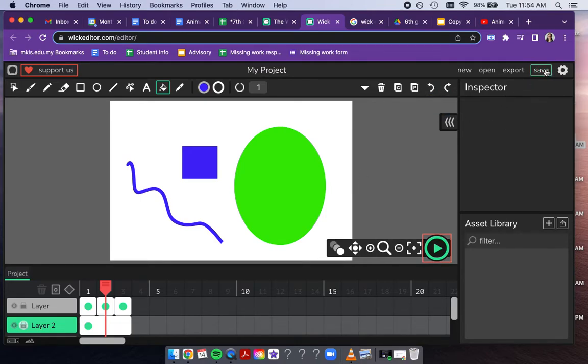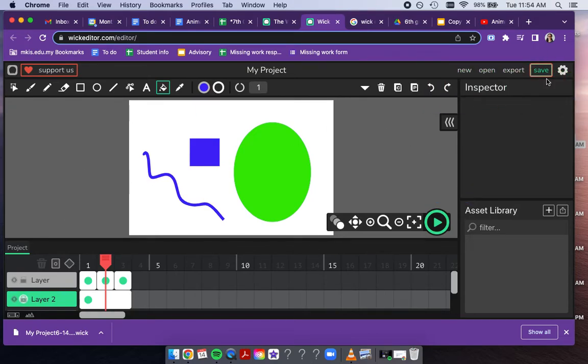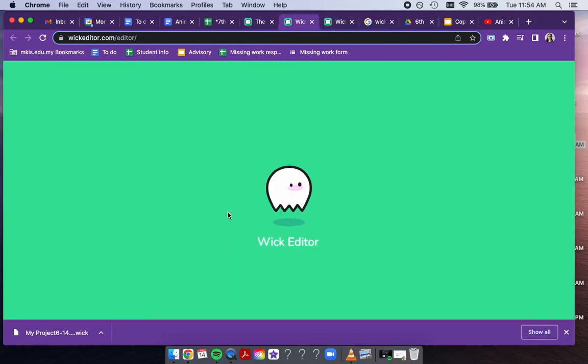As you're working, if class is over and you have not finished, you want to save your work. And this program does not save automatically. So you must save your work. It will download as a special Wick file. When you come to class the next time,